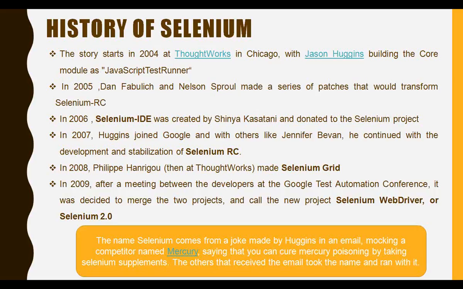JavaScript is our programming language, on top of which we will have RC, and on top of this WebDriver was developed. If you want to know what the languages are, that particular slide is there. That means we have JavaScript as a core element of Selenium.